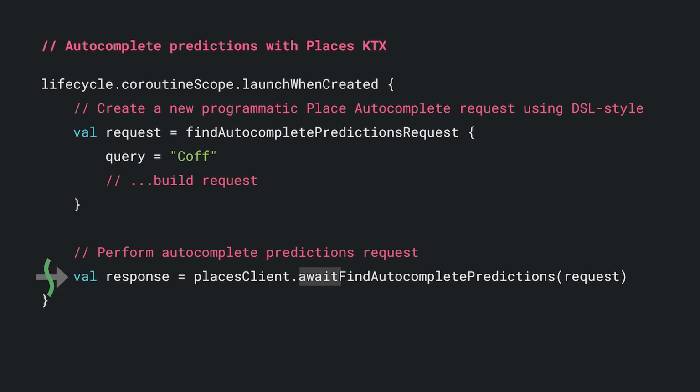Suspending functions and coroutines are a great way to use the Google Maps Platform KTX libraries. Also notice that the functionalities I shared are extension functions, so you can use the same classes you're already familiar with and not have to do a big refactor. There are certainly other features that I won't get into, like named parameters and default arguments, so I encourage you to check out the KTX libraries for yourself.